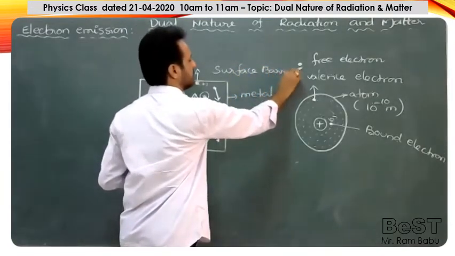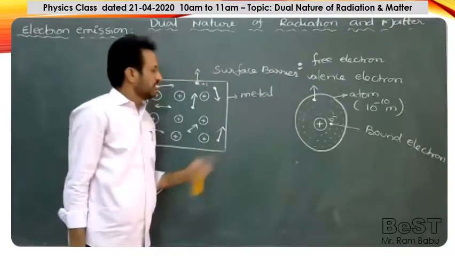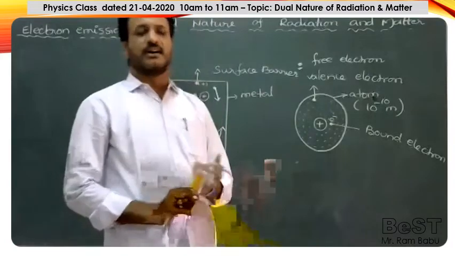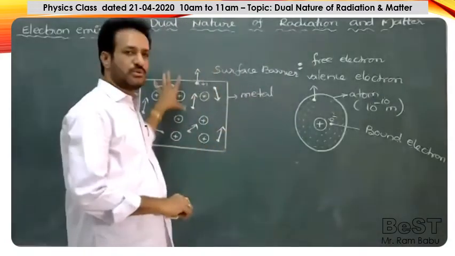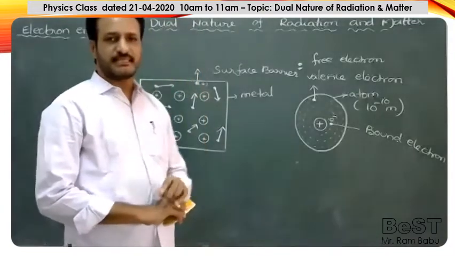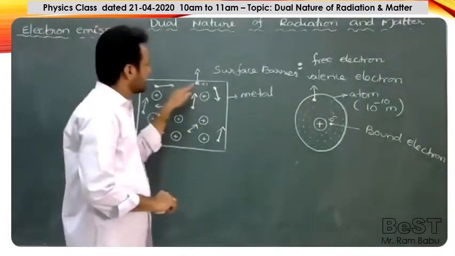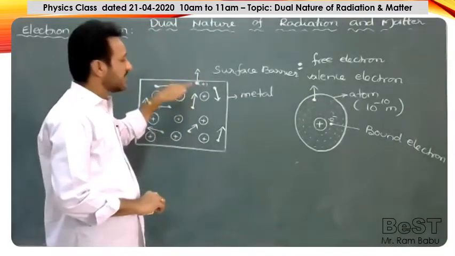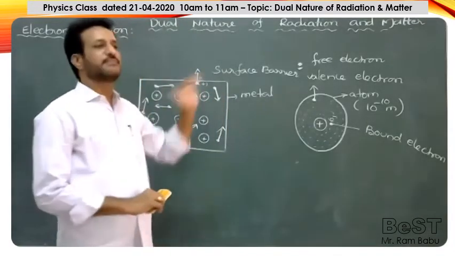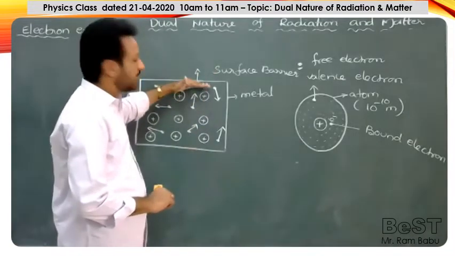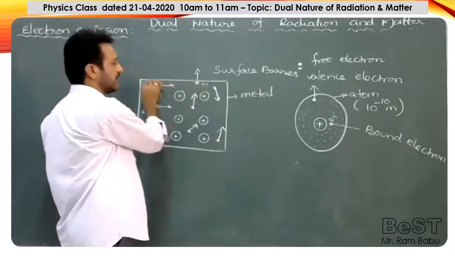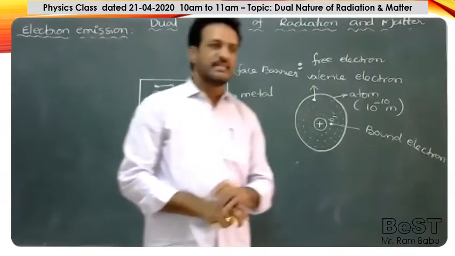So a barrier is nothing but a wall, correct? We can say simply, a metal contains a large number of free electrons, which move randomly throughout the metal at room temperature. But no electron can leave the metal surface on its own. When any electron tries to leave, a positive charge pulls the electron backwards, and nothing pulls it forward. The barrier which opposes the electrons leaving the metal surface is called the surface barrier.